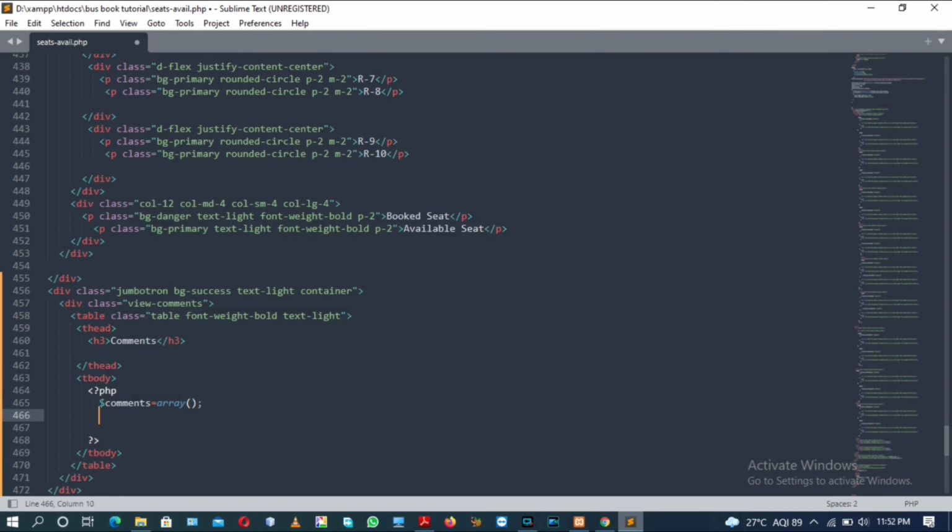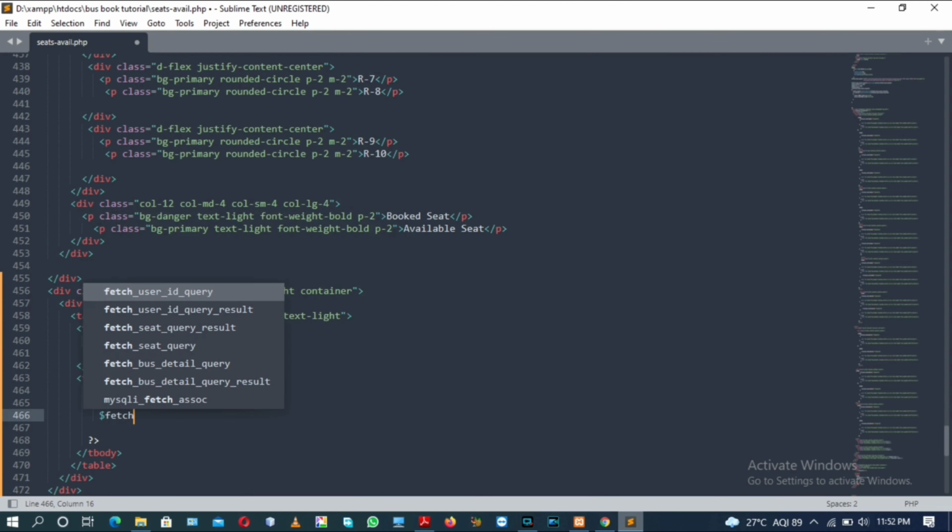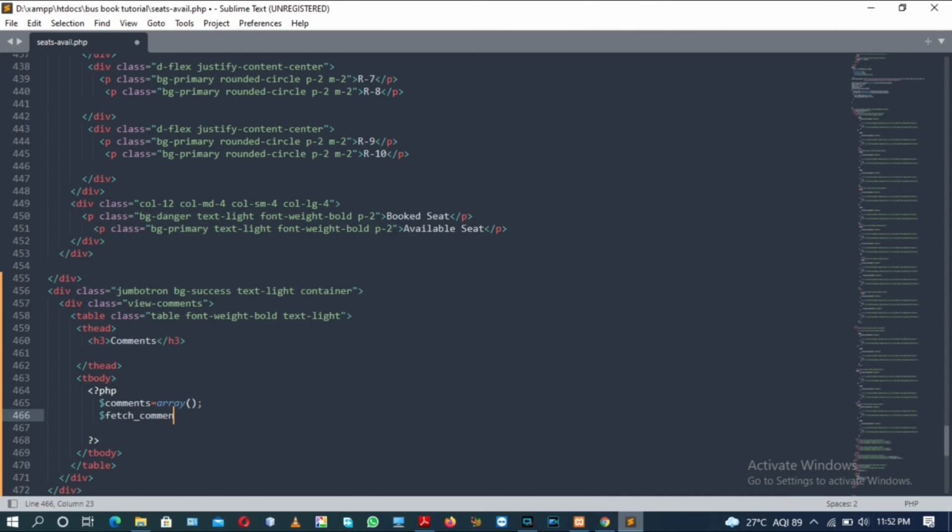Here I have taken the comment PHP variable as a PHP array, and another variable called fetchCommentQuery, in which we will store the SQL query that fetches the comments from the comments table.